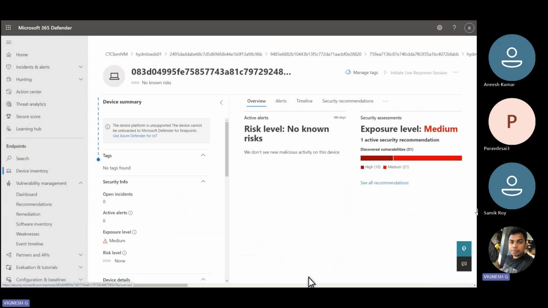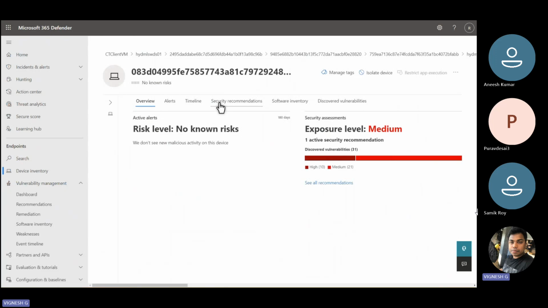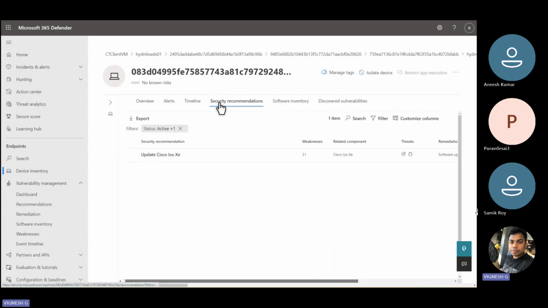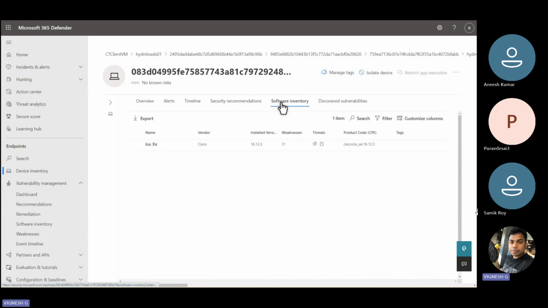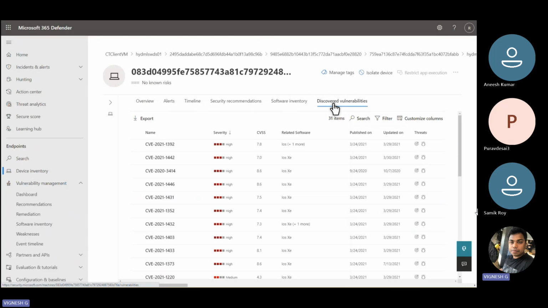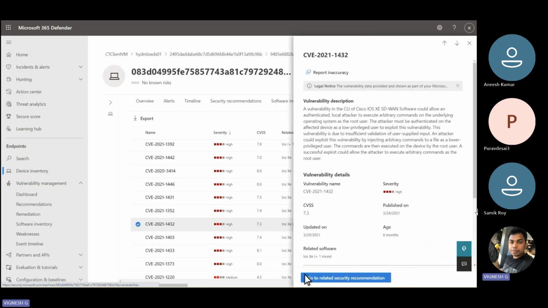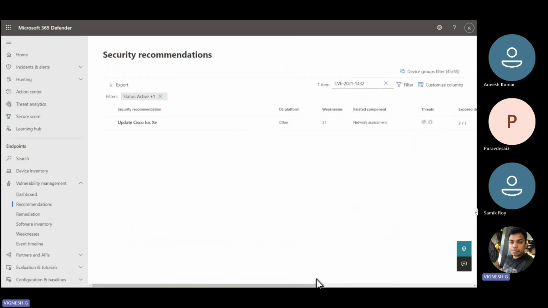Those details include essential information about the device, of course. But there's more. For example, the Security Recommendations tab lists security recommendations for it. The Software Inventory tab lists the software discovered on the device, and the Discovered Vulnerabilities tab lists specific CVEs associated with it. For example, this network device has vulnerabilities. Select one to see an overview, and then select Go to Related Security Recommendations to see all the recommendations associated